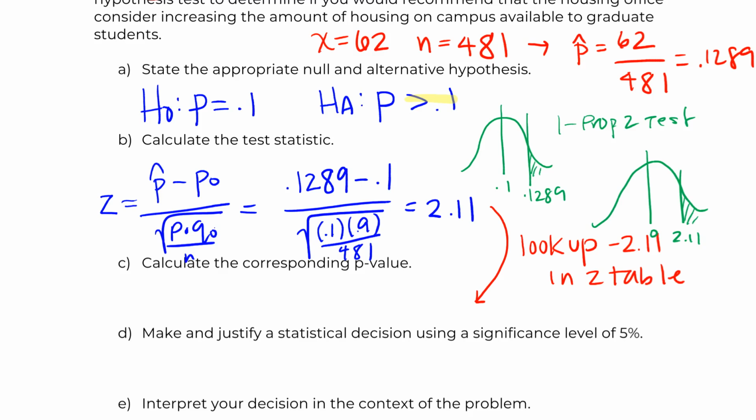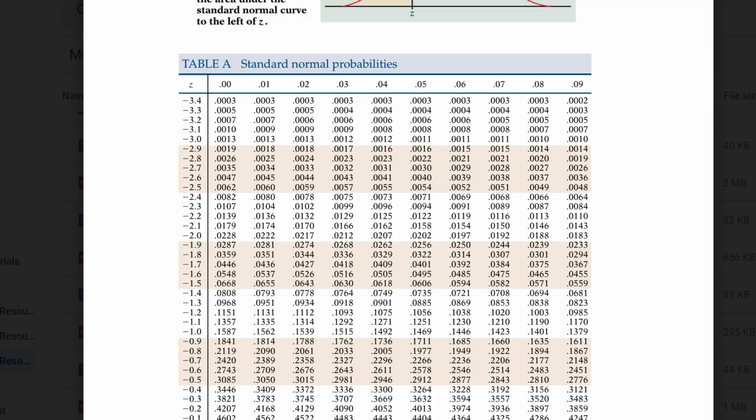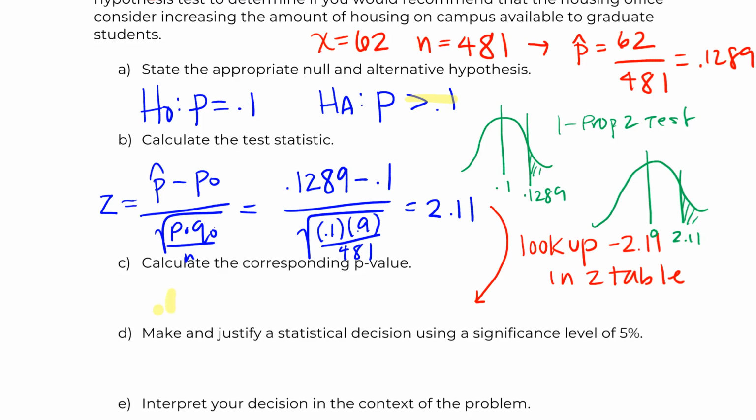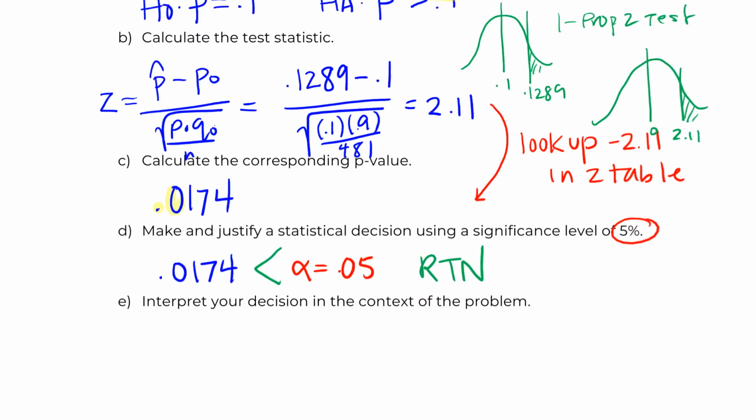So if I look this up in my z-table, I have to go grab a z-table because I did not bring any. I don't have one open on my computer. It looks like negative 2.11 would give me 0.0174. And then we're going to make our decision, 0.0174. We're going to compare that to a given significance level of 0.05. It looks like this is smaller than, so we get to reject the null, which means my conclusion is going to start with